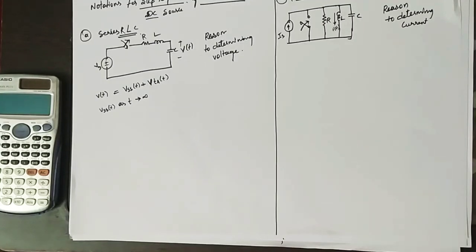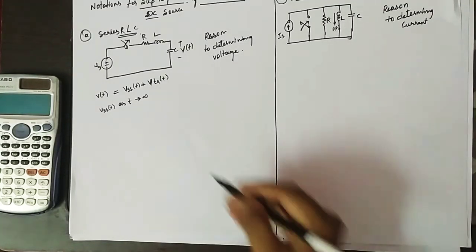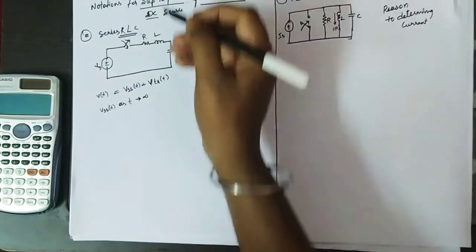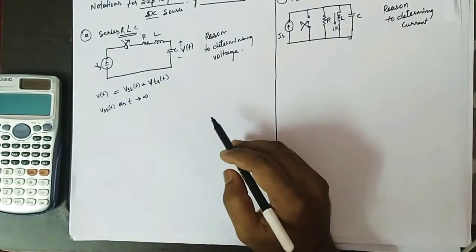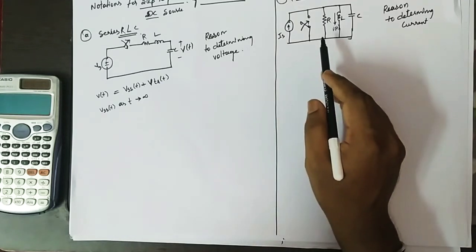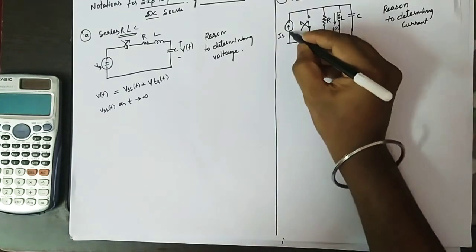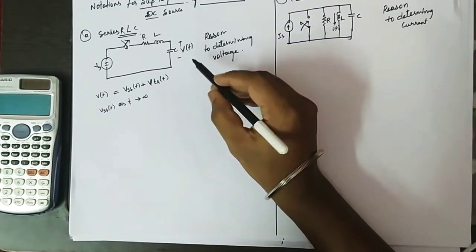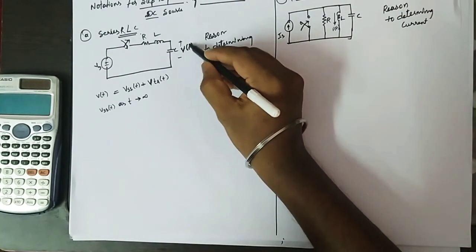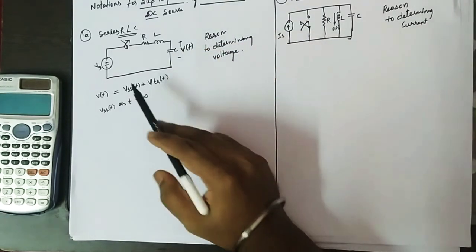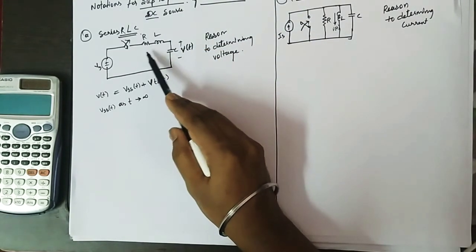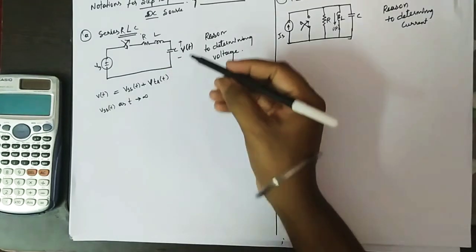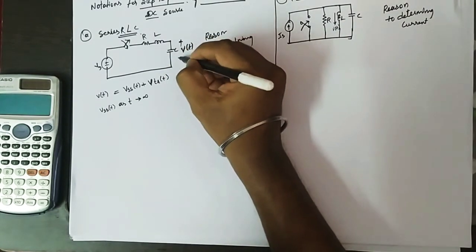Welcome back, guys. In this video, lecture 11, we'll see series RLC and parallel RLC circuits with sources. Here we are finding the response, the voltage across the capacitor. For the source-free case, we found the current through the capacitor, the current through that series RLC circuit. Now we are finding only the voltage v of t.